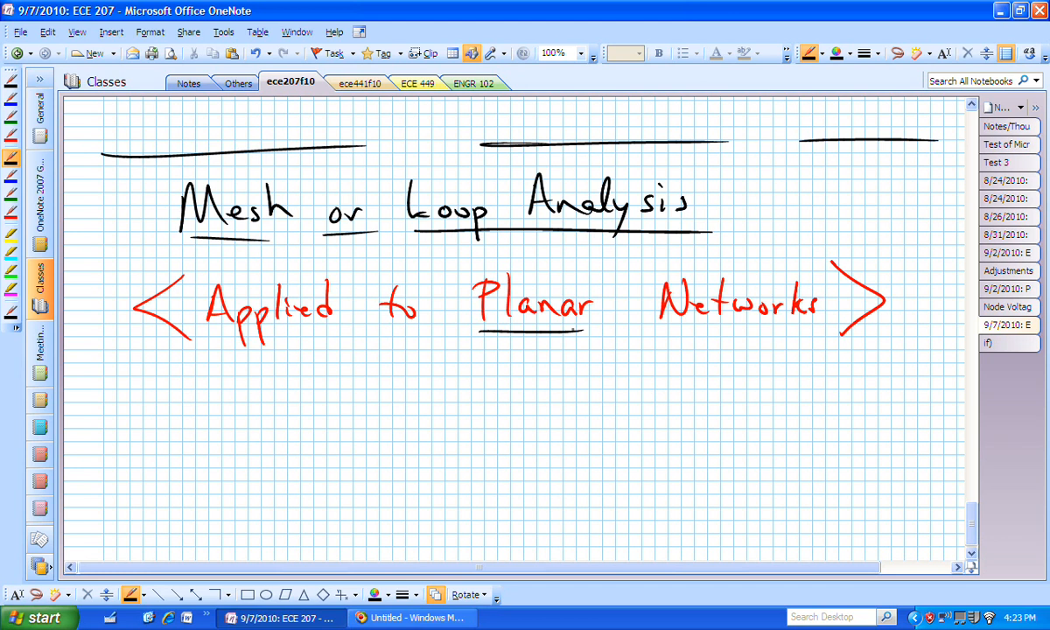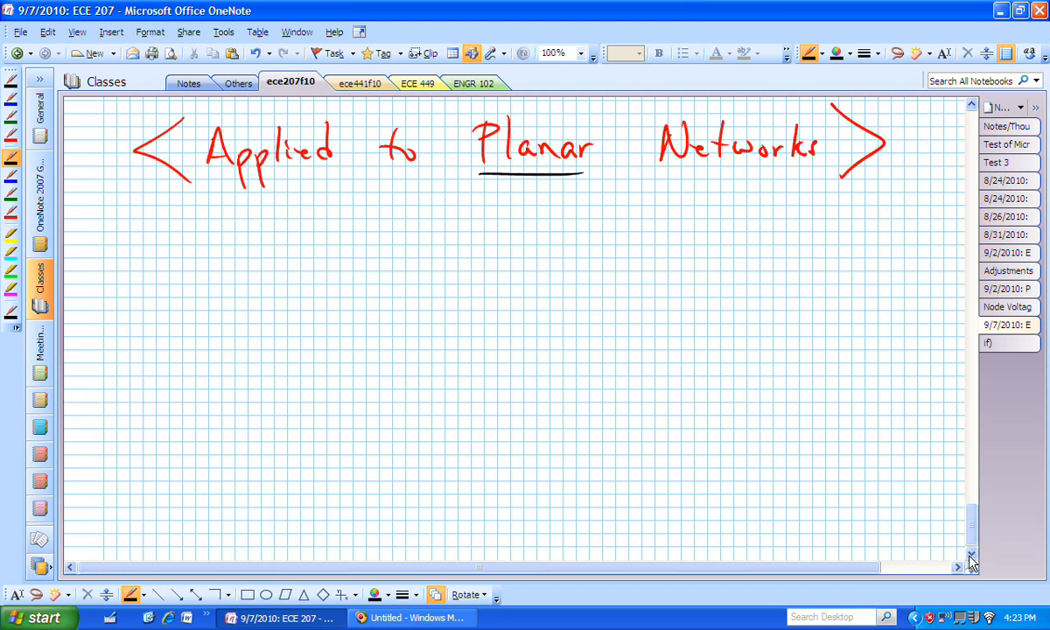So if you're given two pictures, which one is planar? That one is more planar than this one. What does planar mean? We'll try to make that clear. What does it mean by planar? A planar network